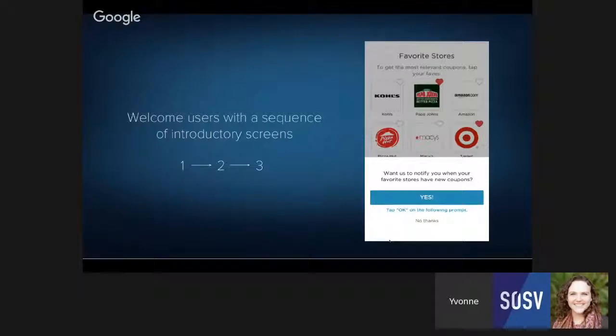very subtle way of asking a user to opt into their push notifications, which is, do you want us to notify you anytime your favorite stores have a coupon? And when the user says yes, that's great.